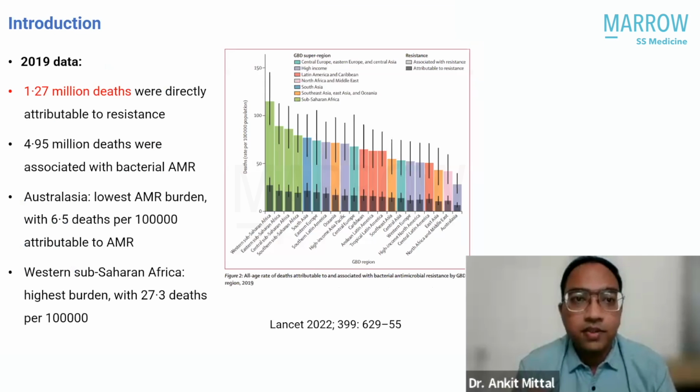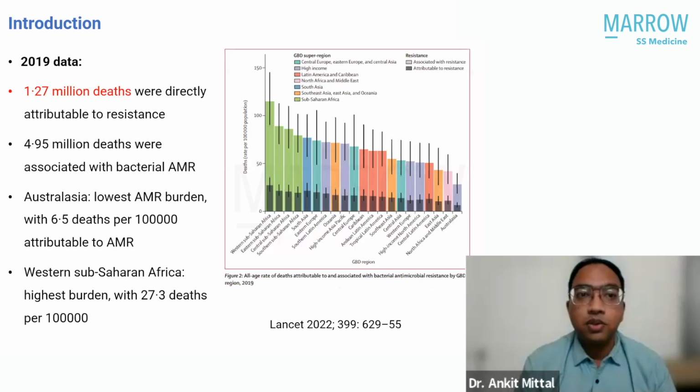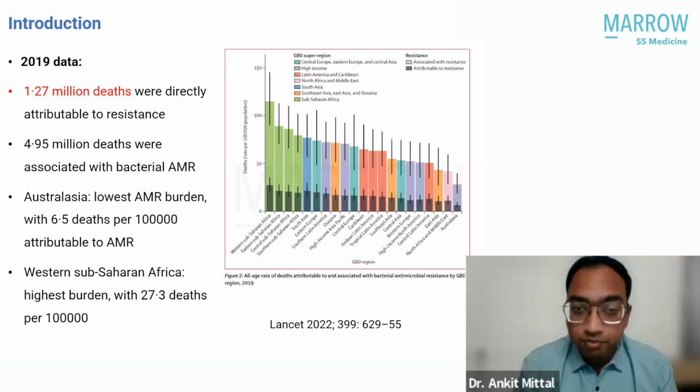Now, if you just look at the basic data, which is the most recent data from this Lancet article, you'll be surprised to see that approximately 1.27 million deaths were directly attributable to antibiotic resistance. Now, 1.27 million deaths is a very big number, and it could still be an underestimation, given the numbers of 4.95 million that they think are associated with antimicrobial resistance. So, approximately 13 lakh people dying just because of resistance, and possibly 50 lakh people dying because of